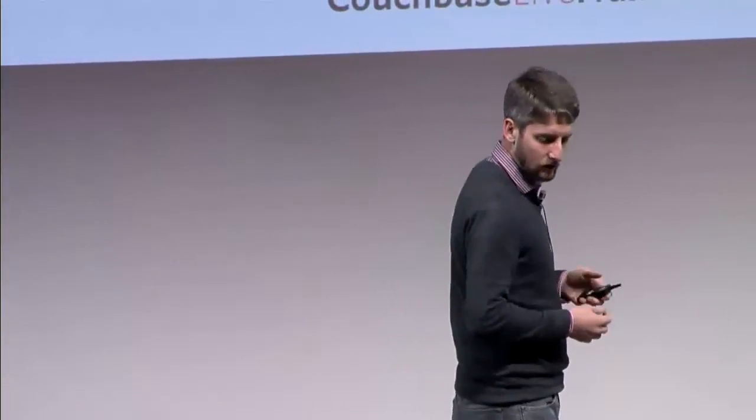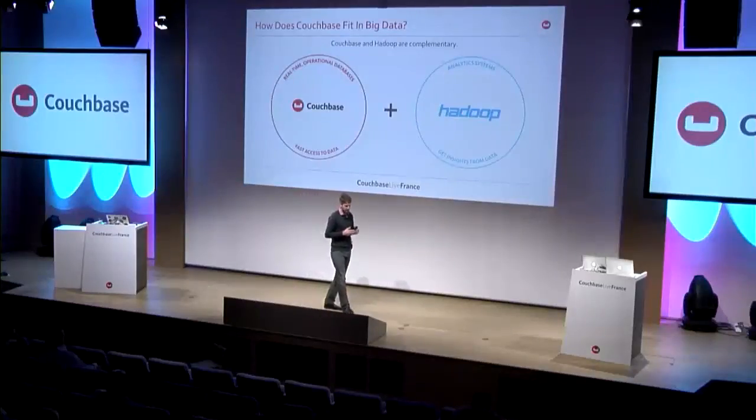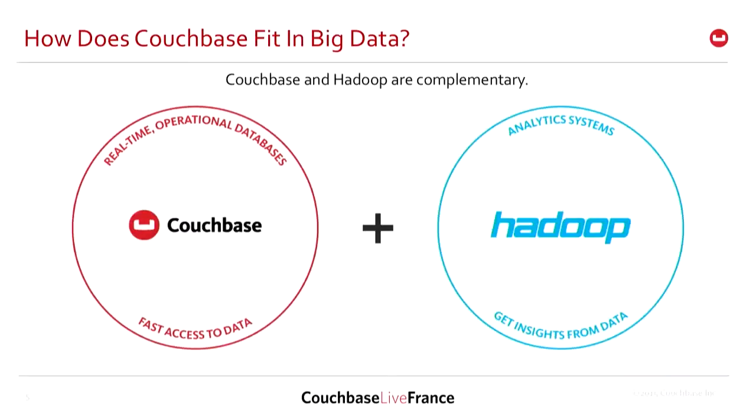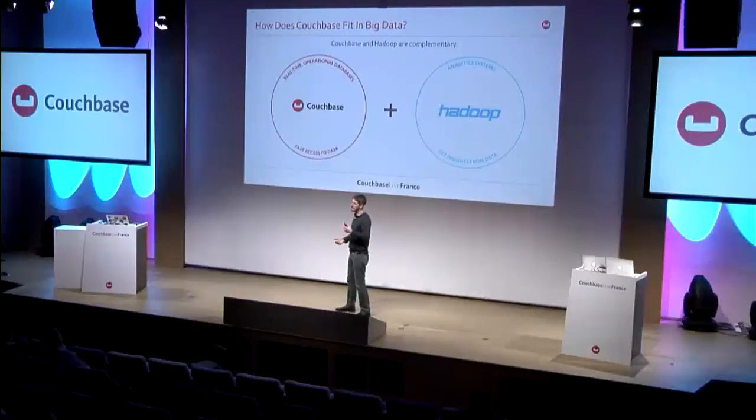Okay, so let's take a quick look at where Couchbase fits in the architecture, and this is really the beginning of the conversation of where you might look to replace an existing system with NoSQL or with Couchbase. In the broader umbrella of big data, we really see a clear distinction between the online and the offline world, or the real-time and the batch-oriented world, the OLTP and the OLAP world. Couchbase and most NoSQL technologies are really firmly sitting on the operational side, on the real-time interactive applications serving users, with technologies like